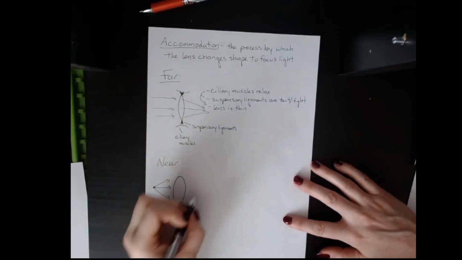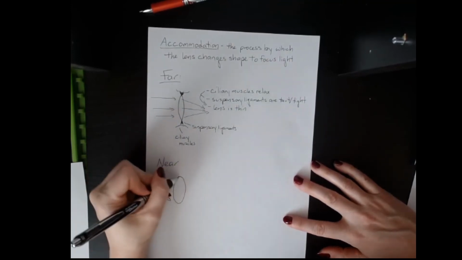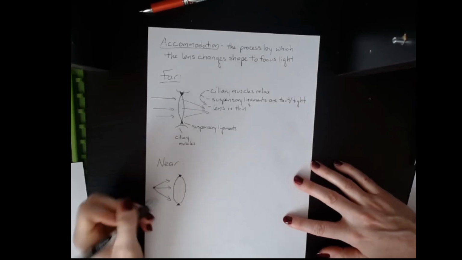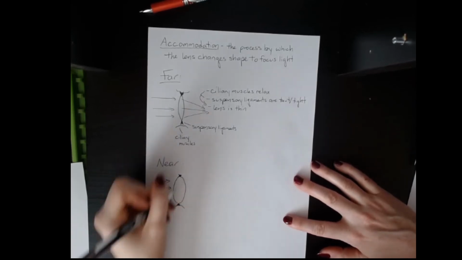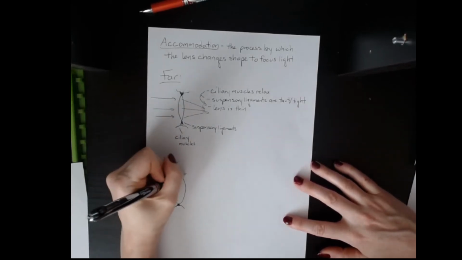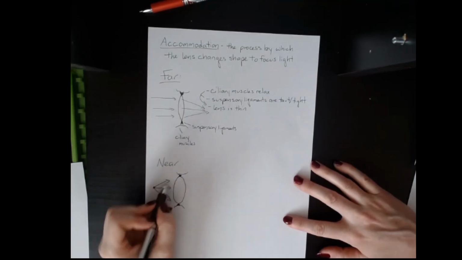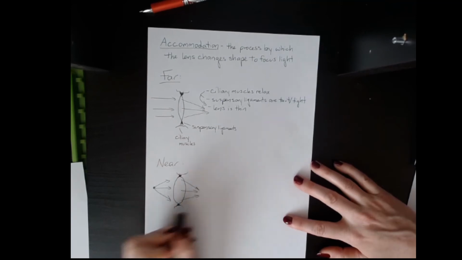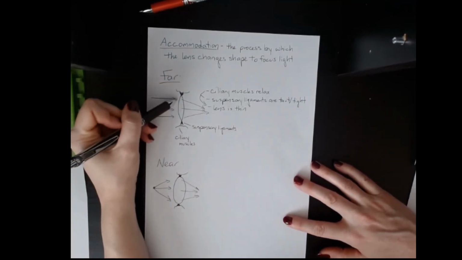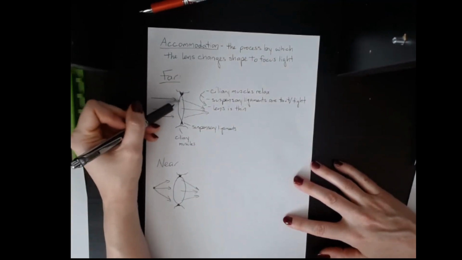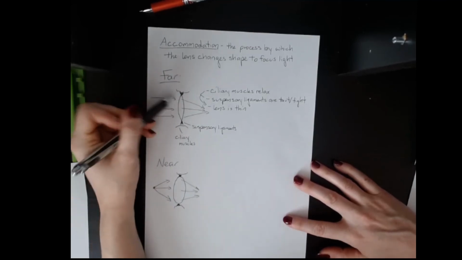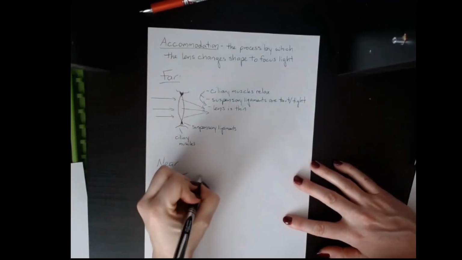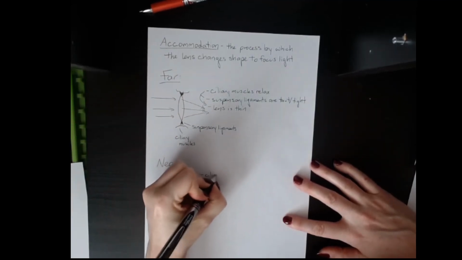Okay. And so the way that you do that is, sorry, I've still got my suspensory ligaments here and I've got my muscles here. You guys know I can't draw, so that's it. Okay, because now if you can see, we still need these light waves to be refracted like this, and so you see that the angle of refraction needs to be greater here than it is up here. So what happens is the ciliary muscles then contract,